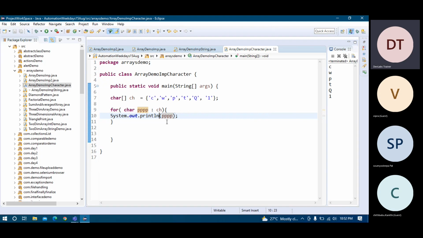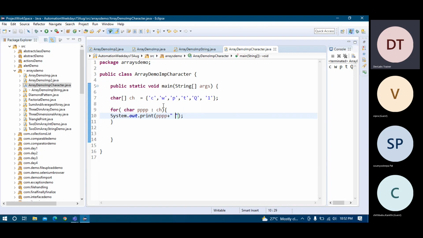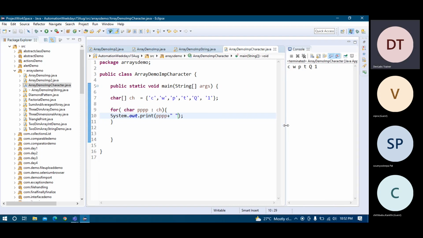If you want to print in a single line, you can use the print method instead of println, and here you can put plus first, and then in the double quotes put a space or comma, it's up to you, and then run it. Okay, you can see the output here, then you can compare whether it is coming or not.